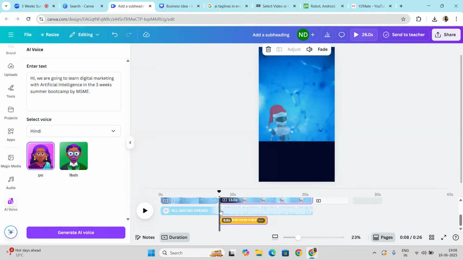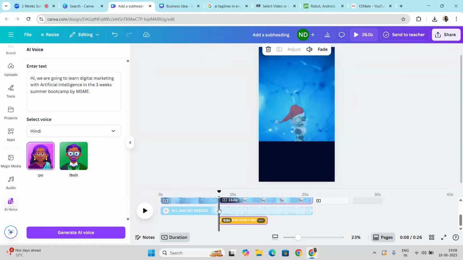And keep your cursor where you want to split the audio. Like, all gas no breaks is this music that I have taken right now. I want to split it, because I want the music at the highest volume on page one. But by the occurrence of this AI voiceover, I want this volume at the lowest, because it can't be audible. So for that reason, I have taken my cursor right here.